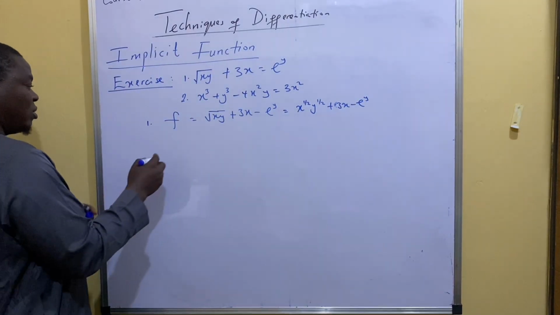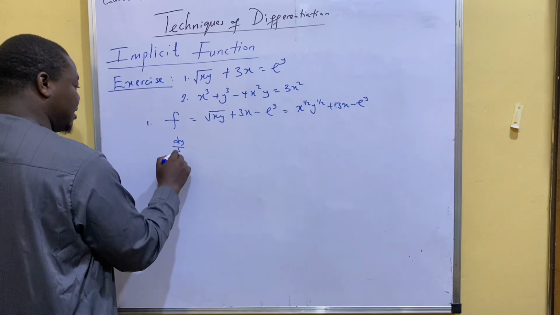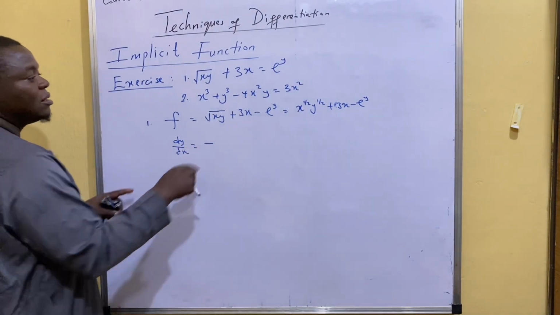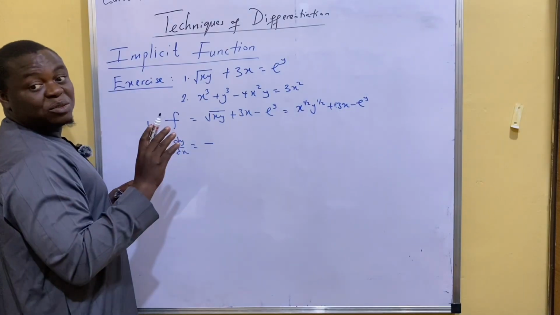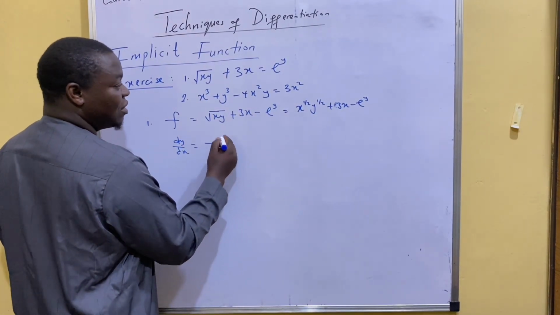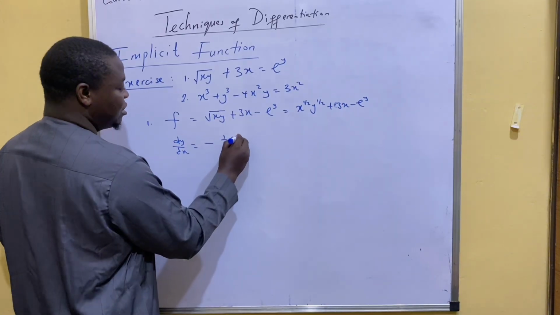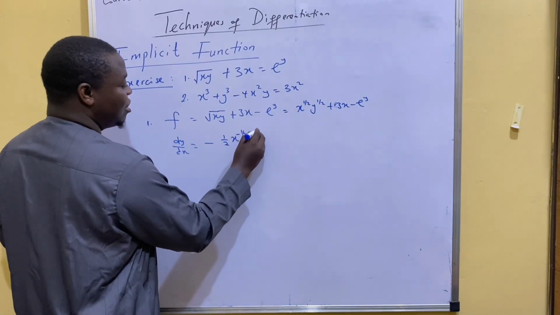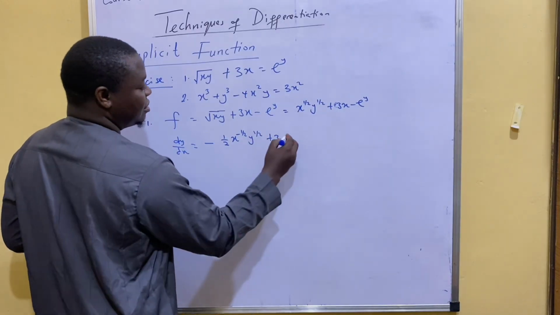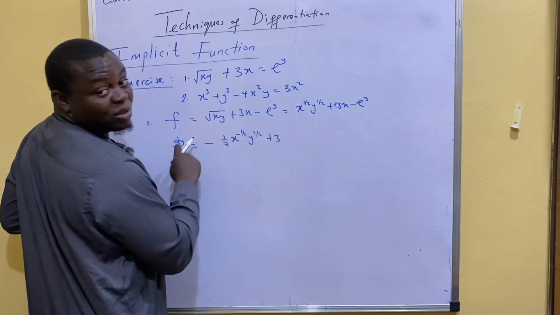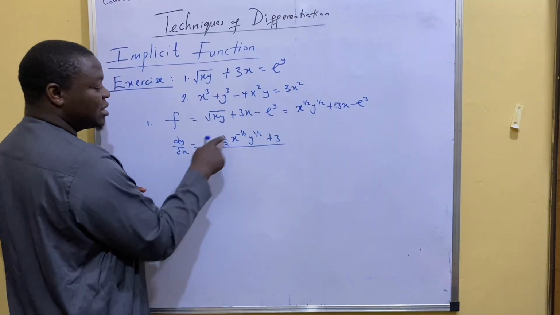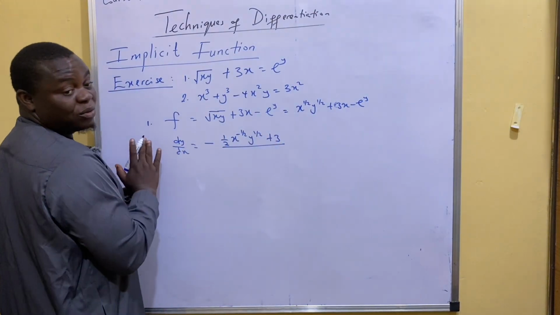Okay, so we can now write our solution. The dy dx will be equals to minus, okay? So now we differentiate with respect to x, okay? So that means we're going to have 1 over 2, x to the power minus 1 over 2, y to the power 1 over 2, okay? Plus 3 minus 0 now, good,